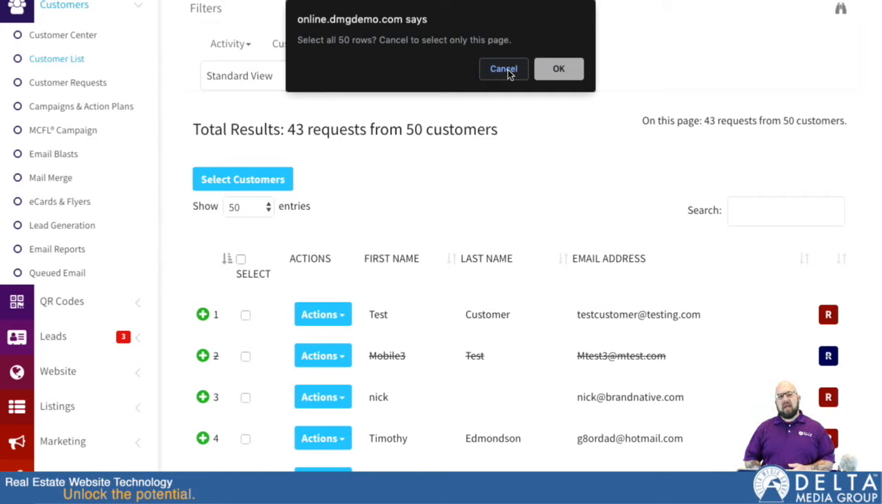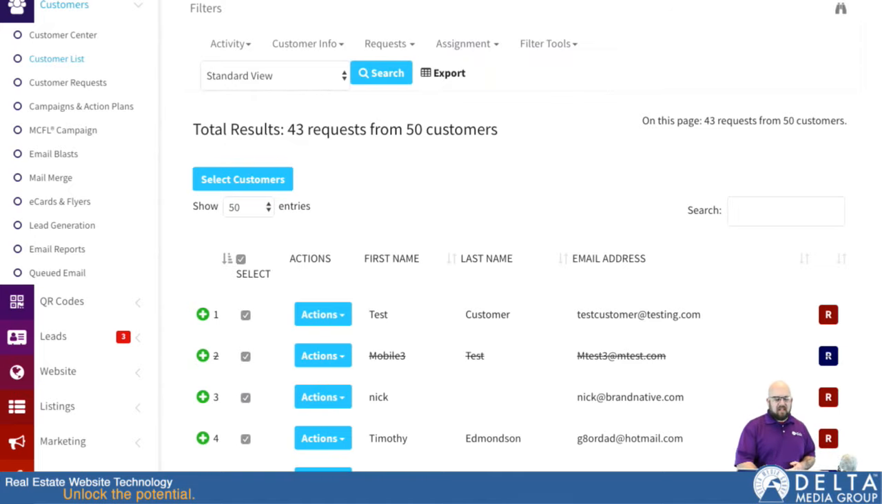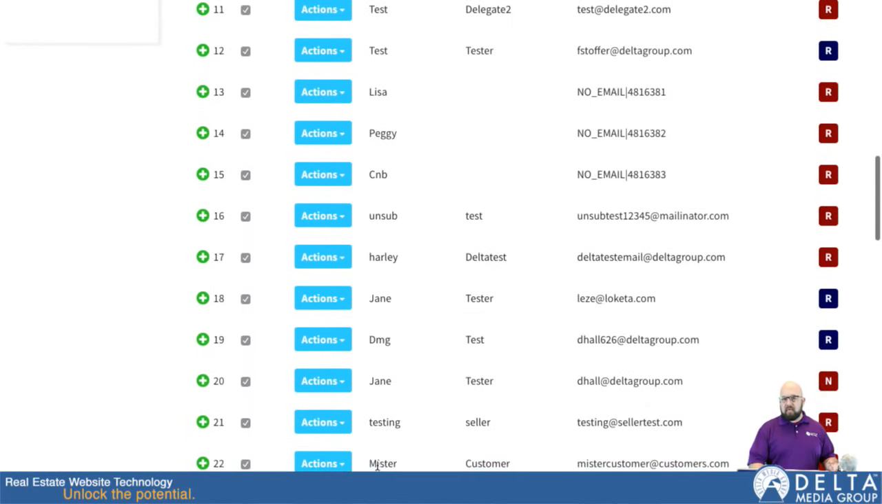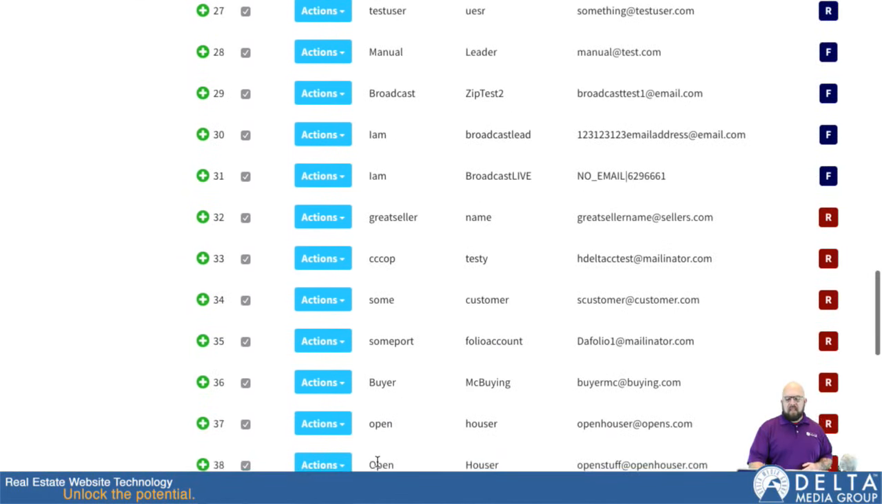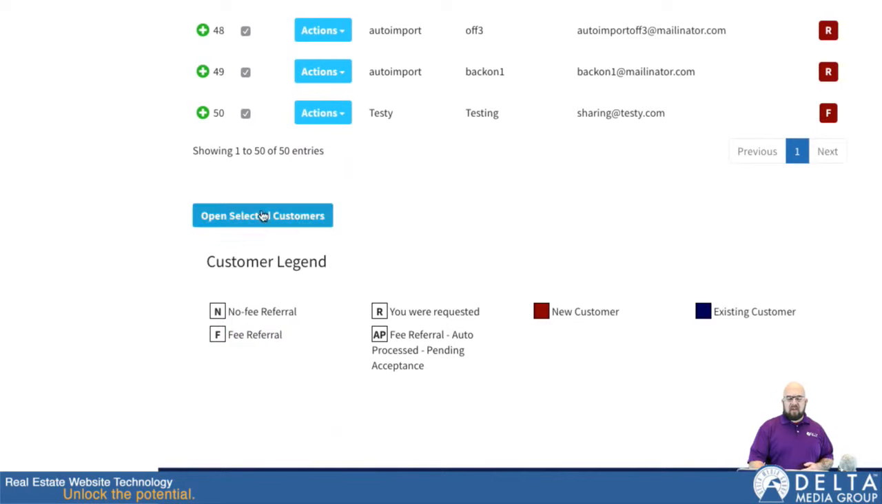Whereas if you select OK, it's going to select all 500 across all the pages you have. So that's something to keep in mind with how this pop-up works. So I'll click OK, that selects everybody. If there were multiple pages, I'd have just selected all those pages. And now that they're all selected, I can go down here and I can hit Open Selected Customers, and that'll